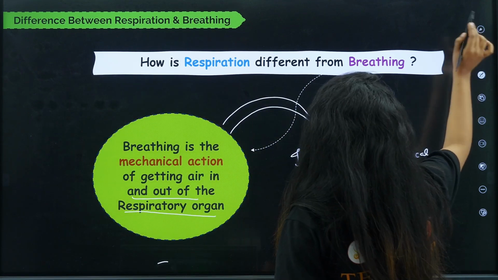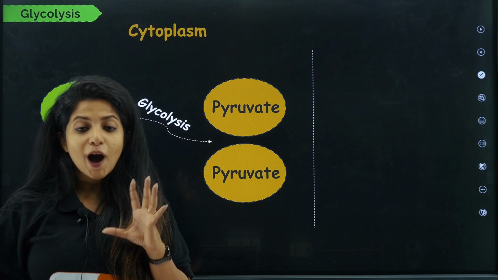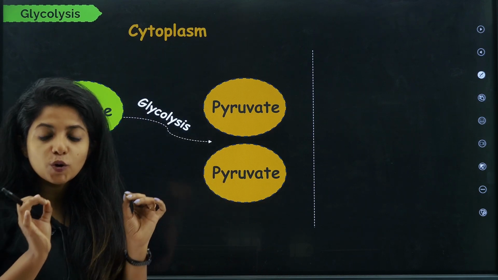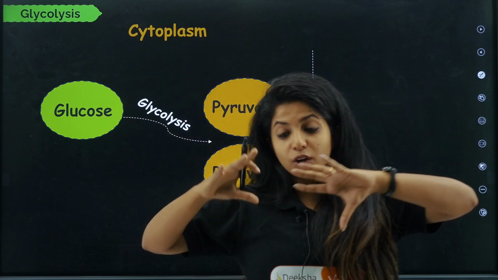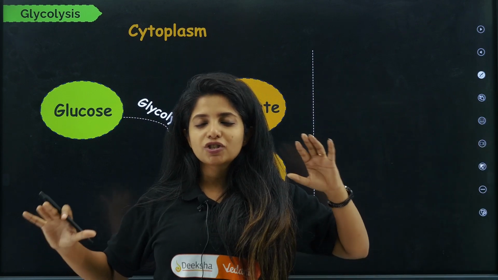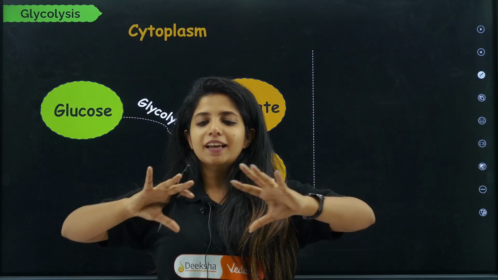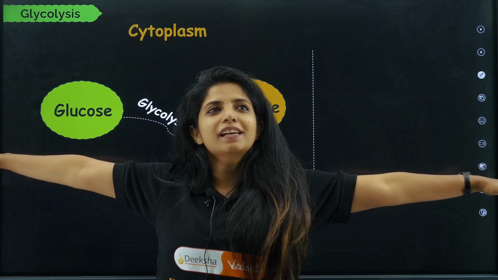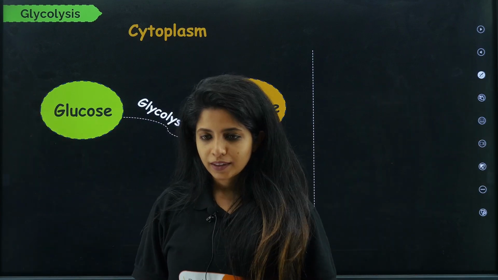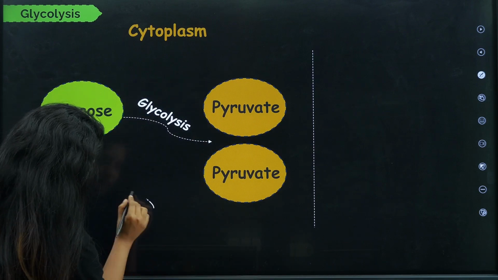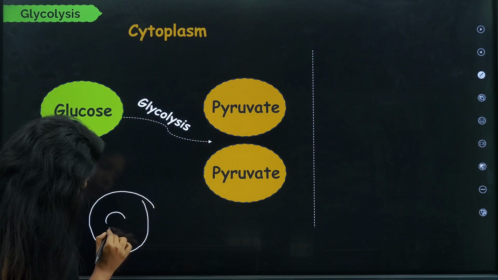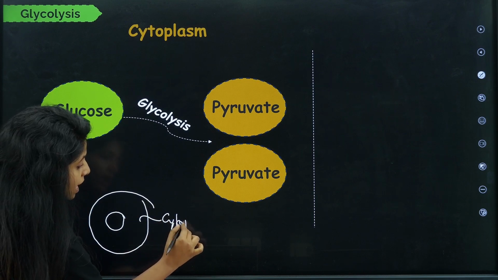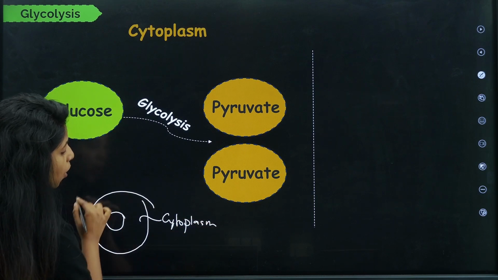Now, going ahead, I hope that you got the basics. Now how is the food broken down? First step that you have over here is known as glycolysis. So I want you to go inside the cell. Just imagine that you are inside a cell. Inside the cell, it's an open playground where you have cytoplasm. For example, if this is a cell, this is a nucleus, then this plain area that you see over here is cytoplasm, and in the cytoplasm you have different organelles that float.